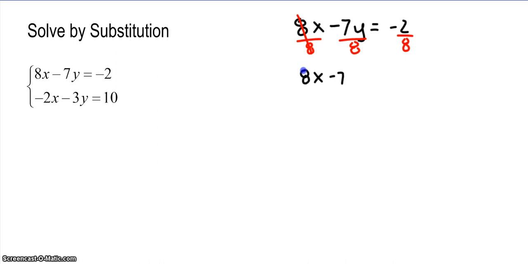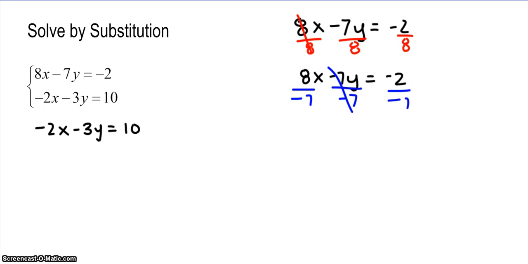If I decide to solve for y, because that could be an option, eventually I'm going to have to divide by negative 7, which will leave me with fractions. So I'll be able to solve for y, but when I move the fraction over, I'm going to end up with an 8/7 x. So in this case, there's really no way around the fractions if I choose to go with the first equation. The second equation,